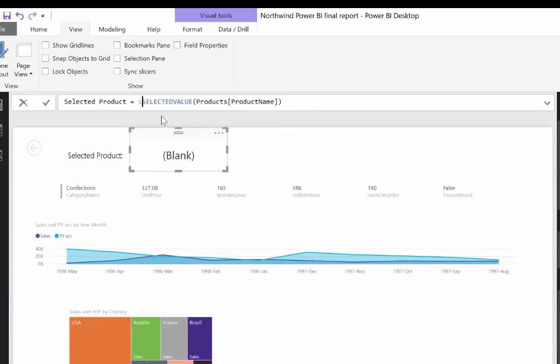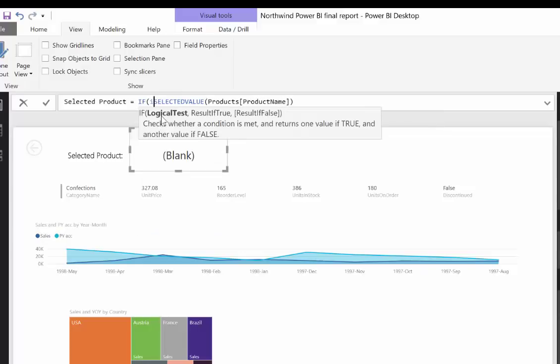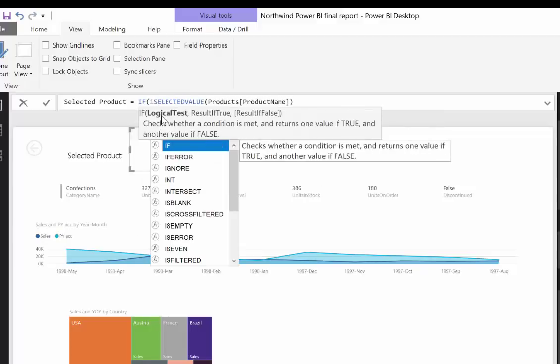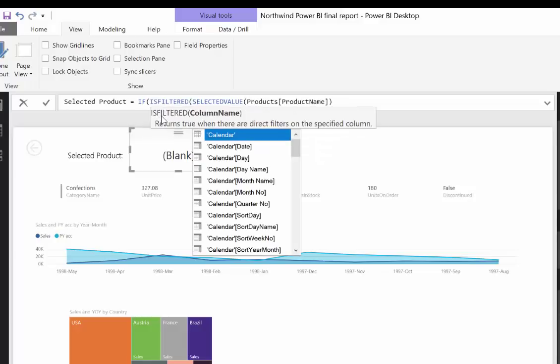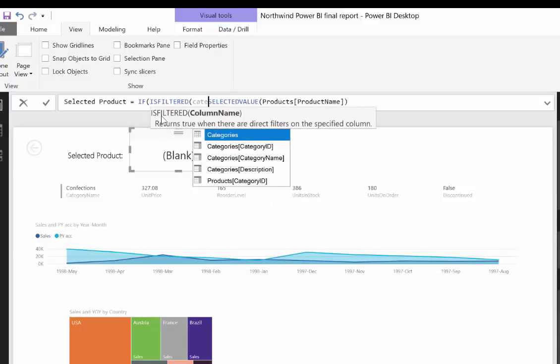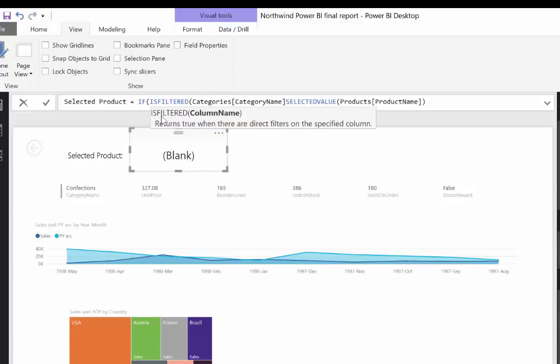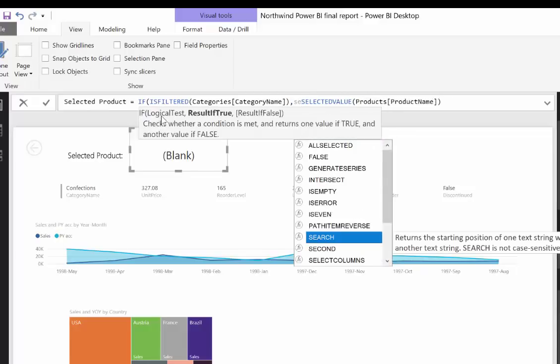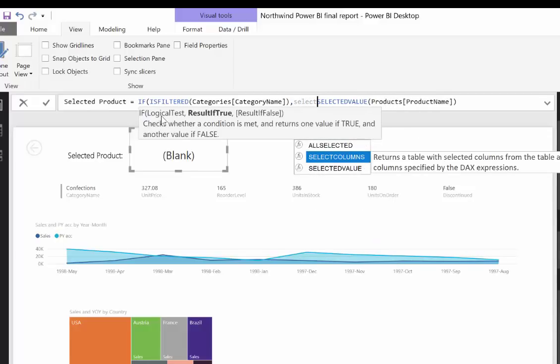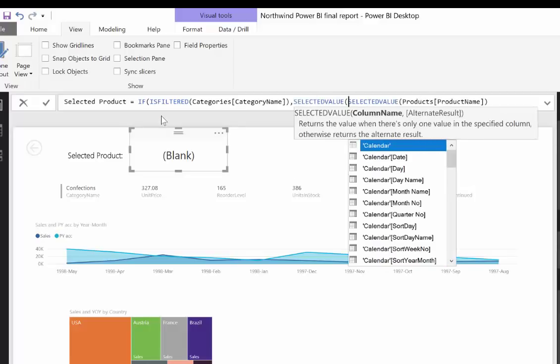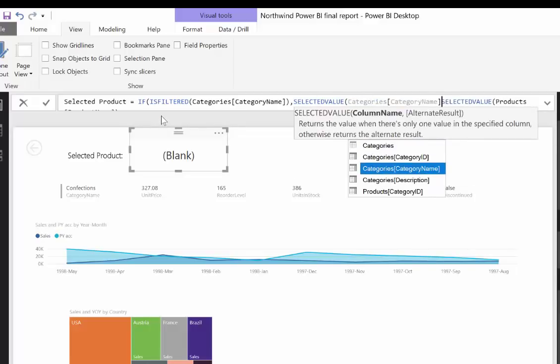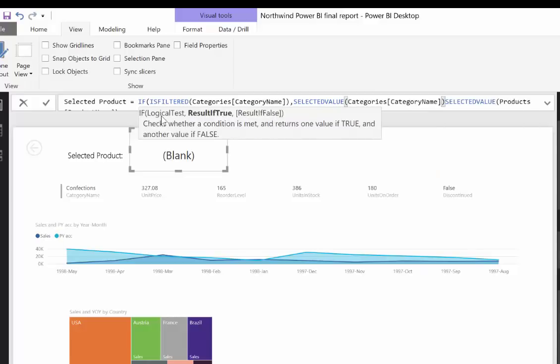So we need to do this like if is filtered, and then we have to have a category name, then select the value category name, otherwise